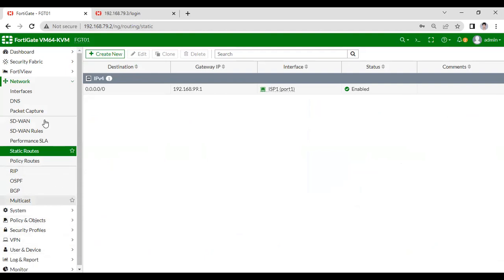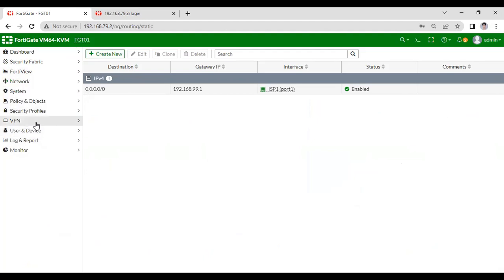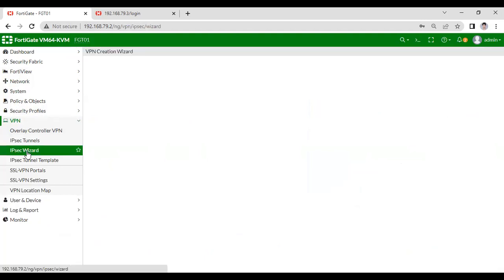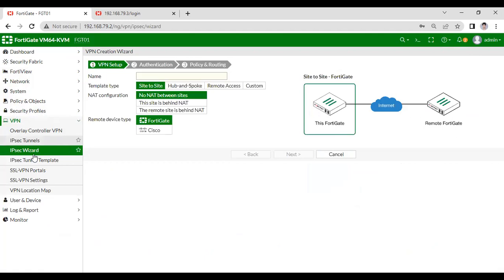IPsec VPN. In order to configure IPsec VPN, you have to go to the VPN section. Under the VPN section, there is an option called IPsec Wizard. Go to IPsec Wizard and type any name. I'm going to put the name headquarter to branch. The template type will be site to site,